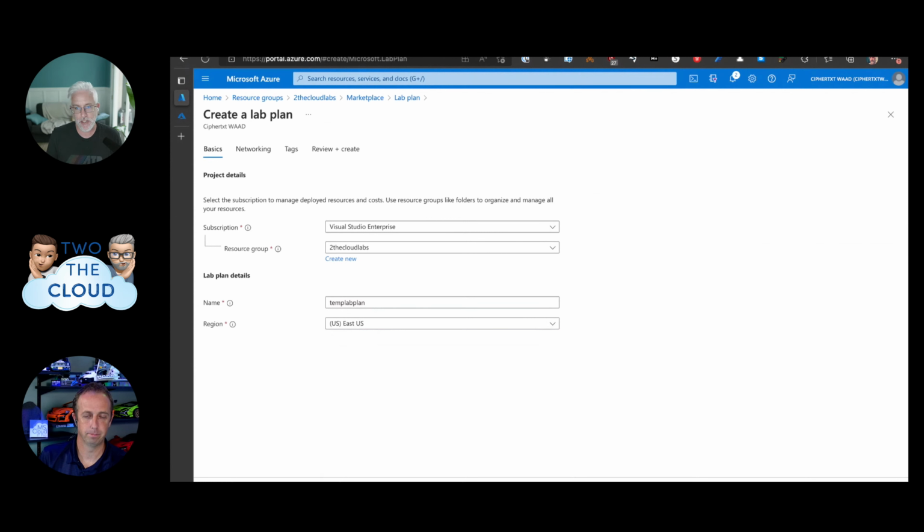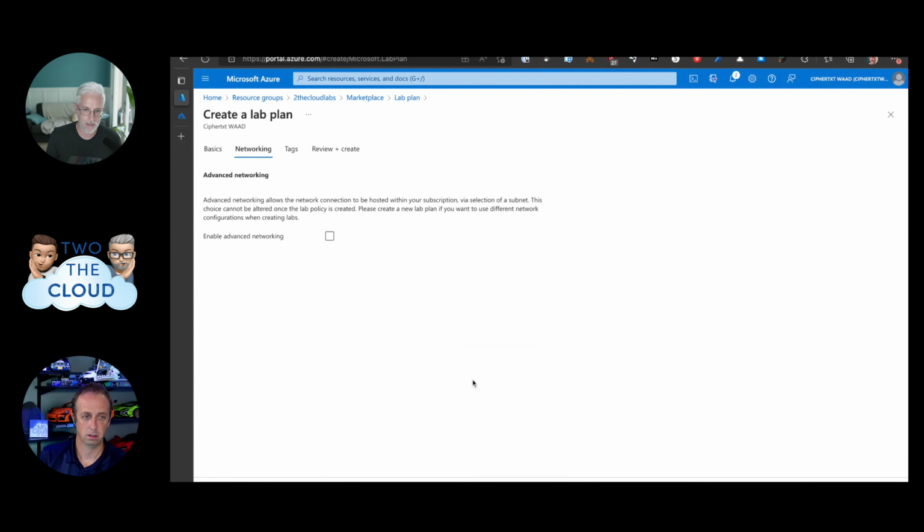You'll want to make sure that you're provisioning your lab plan in a region where you have enough compute that you can associate with it. You'll see when I'm selecting VM size and series that it'll just yell at me and say, hey, you don't have enough here to make things work. You can totally do joining existing subnets, anything like that. Again, they need to already exist.